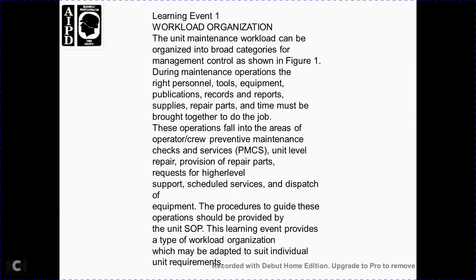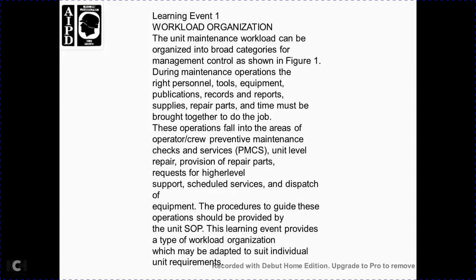Lesson 2, fundamentals of the maintenance operation. The workload organization. The unit maintenance workload can be organized with the broad categories of management and control shown in Figure 1 during the maintenance operation. The right personnel, with the tools, equipment, obligation, records, reports, and supply of the parts, must be brought together to do the job of the